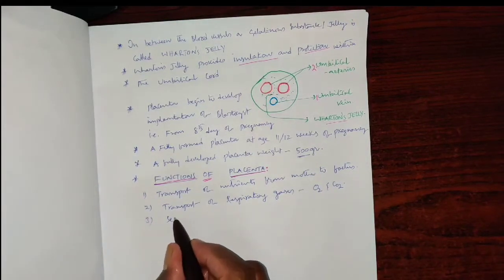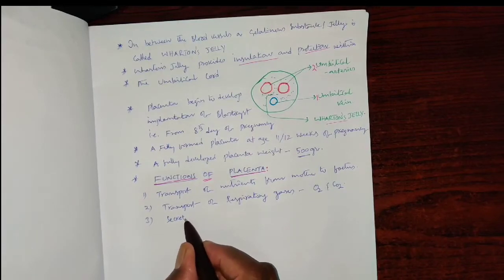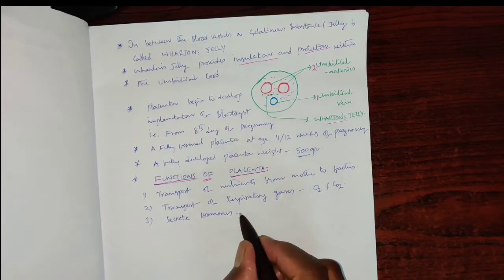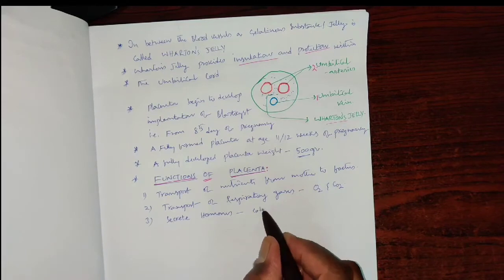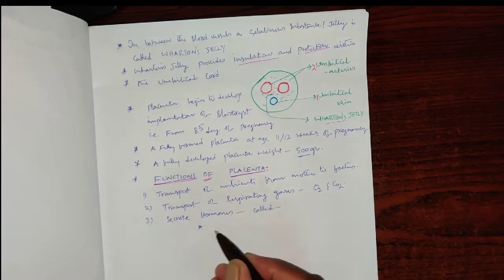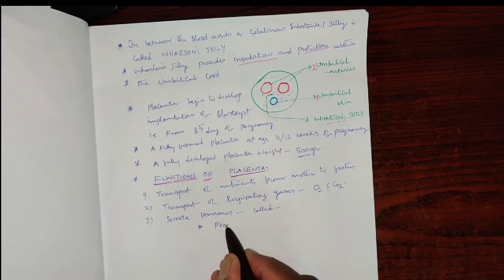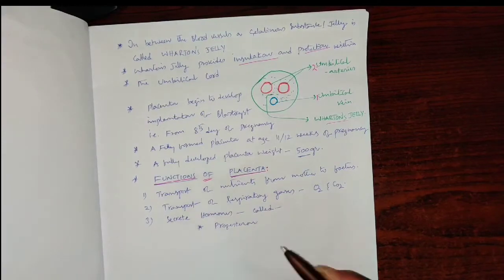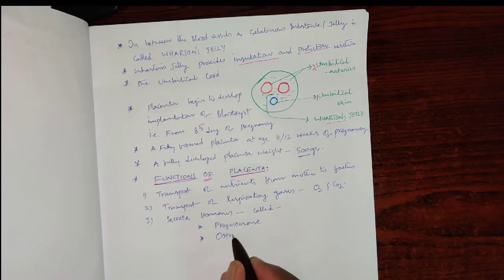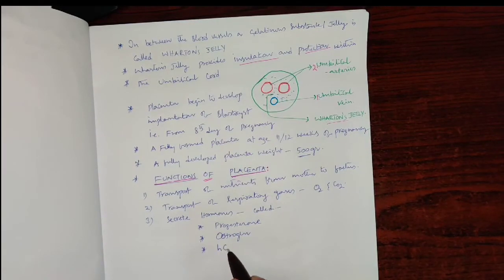Placenta secretes certain hormones. Progesterone is a steroid hormone. Estrogen is also a steroid hormone. Progesterone, estrogen, and HCG,